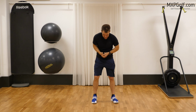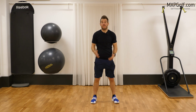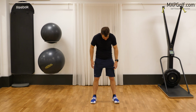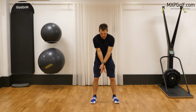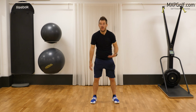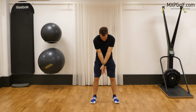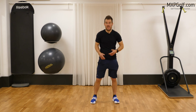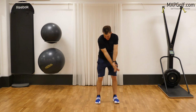So what I'm going to do instead is either just grip my hands like I was holding a golf club. What I prefer is actually to just hook my left arm over my right when we're doing the backswing, and then do the opposite when I'm going to the finish or the follow through. But either way, just find your position. I'm going to hook my left arm over my right, and then we're going to do the same thing with our feet. So we're going to do 5, stepping up with our right, swinging back,